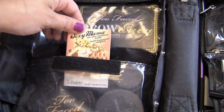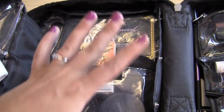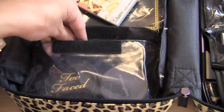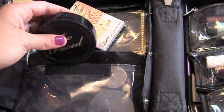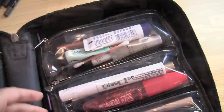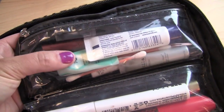This Sexy Mama mattifying powder from theBalm is just kind of handy, good to throw on if need be for a touch-up. I've got the new Too Faced, this is the Cocoa powder. This is definitely going to be a future review, kind of like a powder foundation. Some Bare Minerals Bisque. Over on this side, I've got 3 small zippered pockets, and up top, like I said, mini stuff that's always in here,